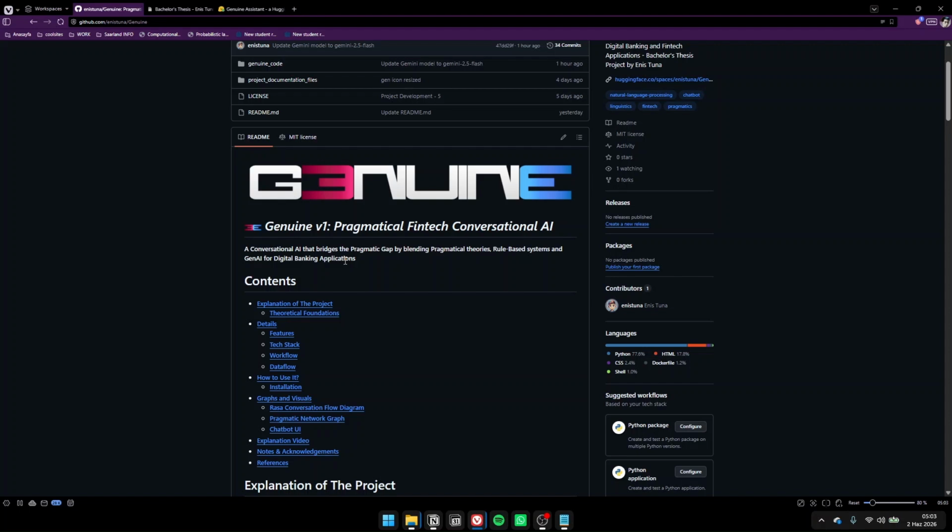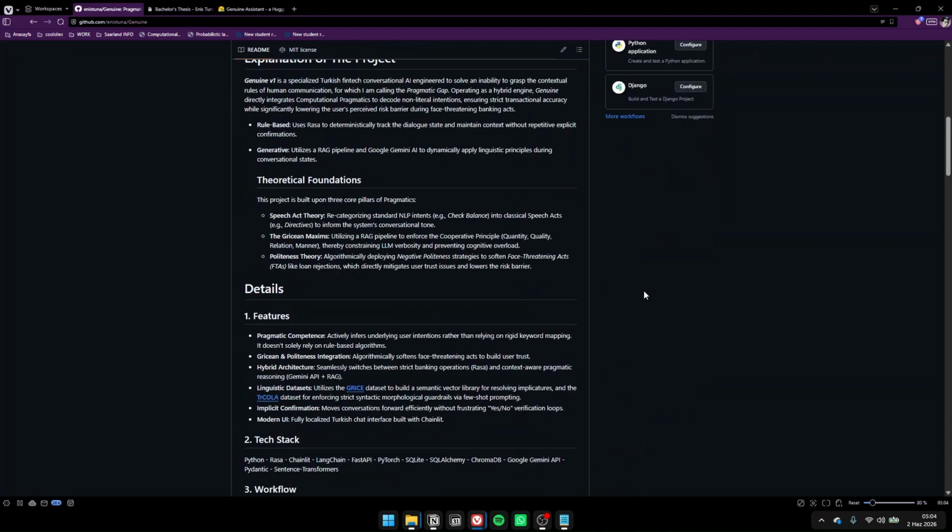retrieval augmented generation functionality. And that's what allowed me to integrate pragmatical theories into this project, because I had some datasets and documents that the generative AI uses to infer information and fine tune its responses, especially generative responses. I'm gonna get into that as well. But first, what is pragmatics? Pragmatics is a sub-branch of linguistics that tackles language use, basically how you use language. And I've had three theories in particular.